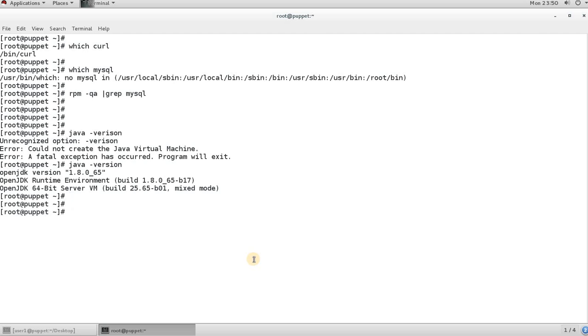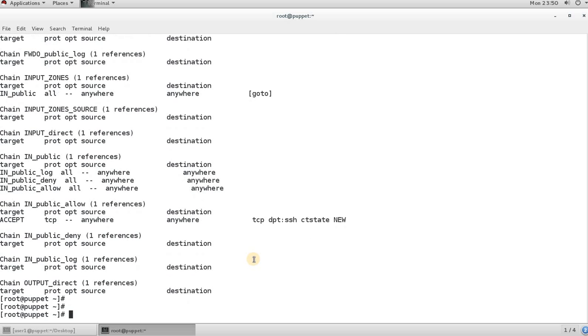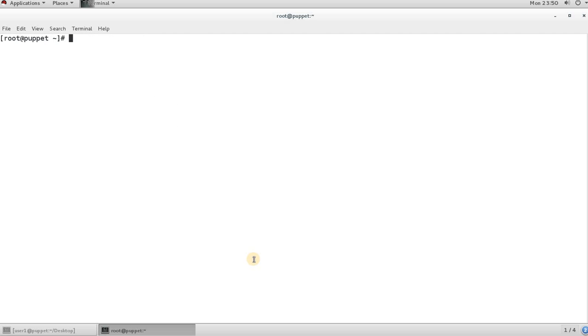Java is okay. OpenJDK is running, so not an issue. Let me clear the screen. And what else? Okay, so Iptables, some ports need to be open. Now currently there are many I can see. Let me flush this. And if you wanted to allow the port 3000,